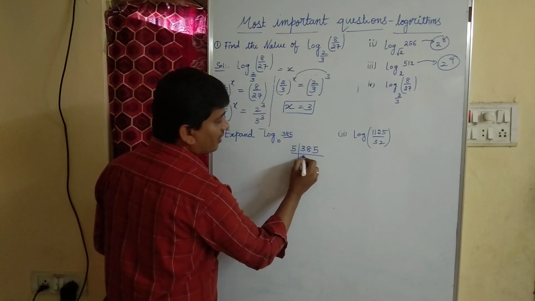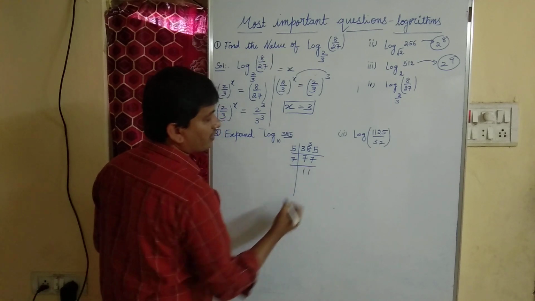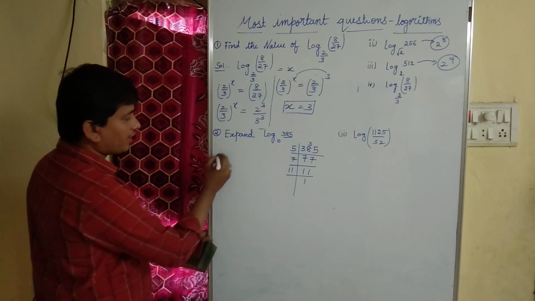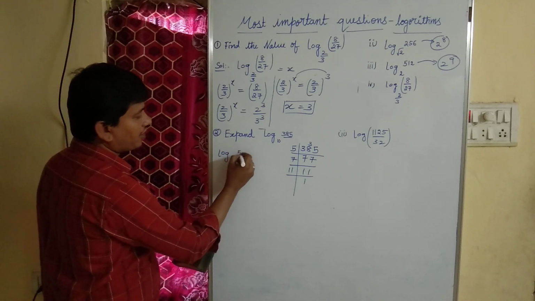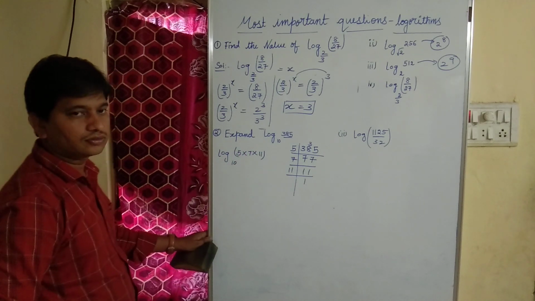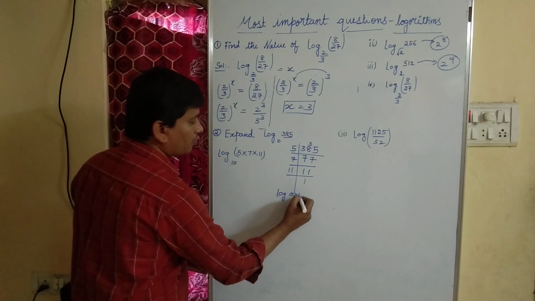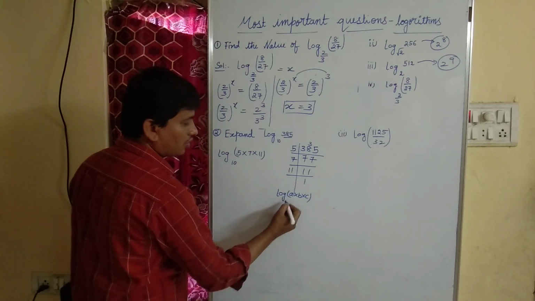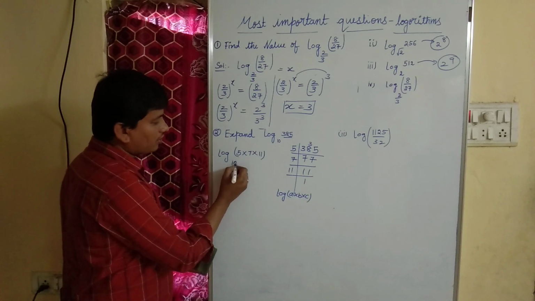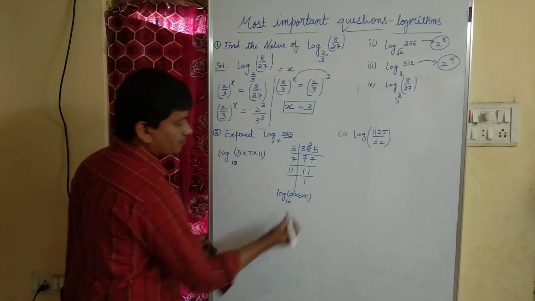In 5 table, 5 7s are 35, so 385 is 5 times 77. Again 7 table, 7 11s are 77. Again 11 table, 11 1s are 11. So I can write log 385 as log of 5 into 7 into 11 to the base 10. If you observe here, which is in the form of log a into b into c to the base 10. Logarithm with base 10, we call it the basic logarithm.